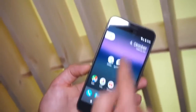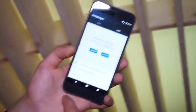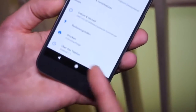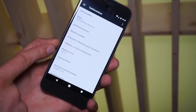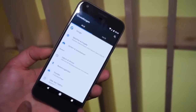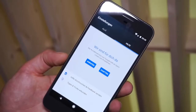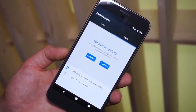So if we have a look at the settings, we swipe down and go right into the settings over there, you can see that this is running Android 7.1, which is the newest version of Nougat. Yeah, it's the Pixel XL, as you can see here. If we go back, this is the German version. You can see on the right side where it says Hilfe. Hilfe means help. So you can call Google or chat with them if you have any kind of problems with your